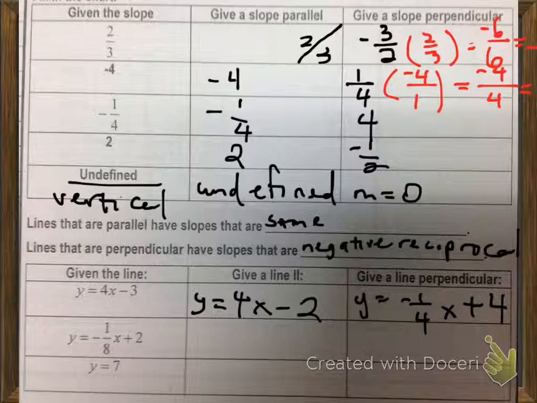Okay, give me a line parallel to y equals negative 1/8 x plus 2. Y equals negative 1/8. Okay, now, here's what you need to do. And I apologize we ran out of time, but